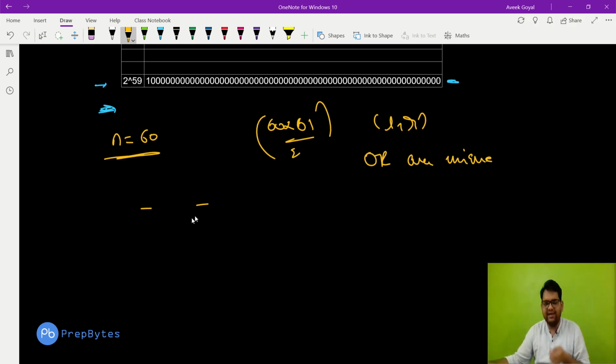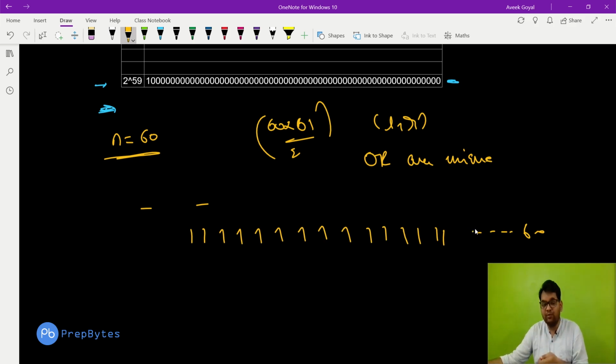What do I mean by all OR values being unique? That means each time we have increased a 1, and the maximum we can increase a 1 is 60 times in our OR, because we will reach a position where we cannot increase a 1 any more. Okay, I have just explained this point. So the maximum we can do is this.